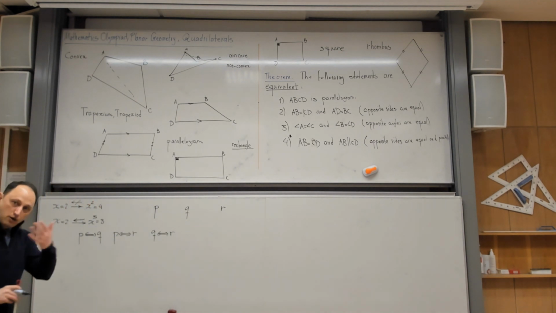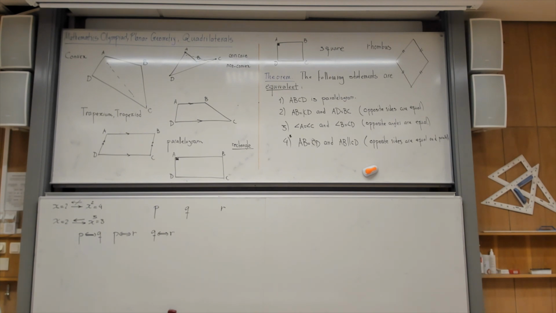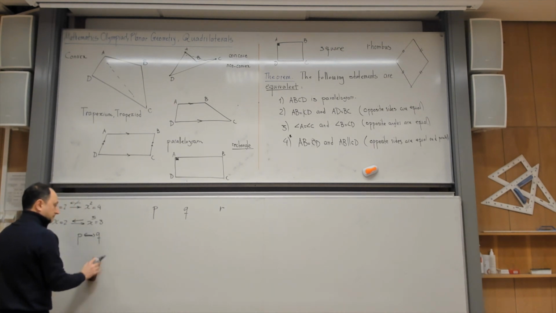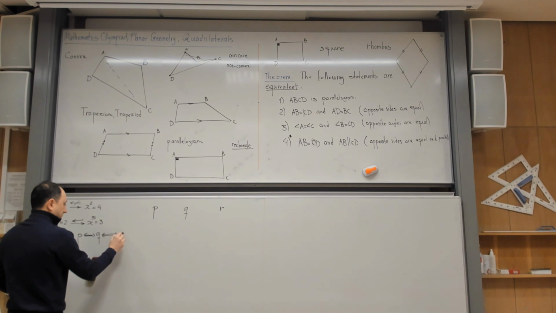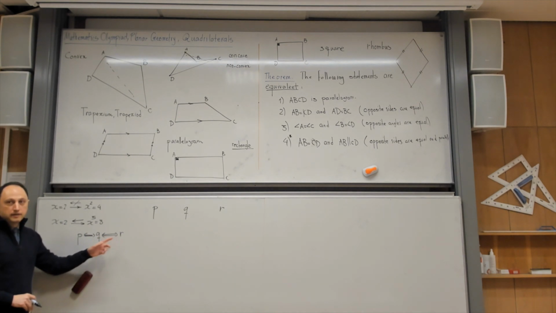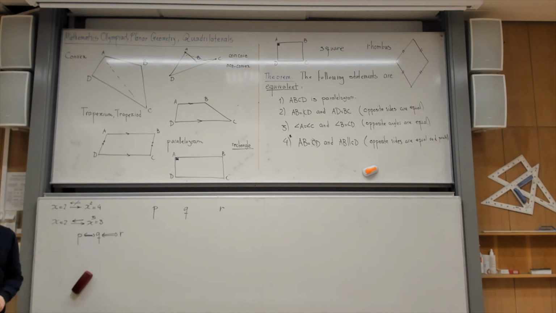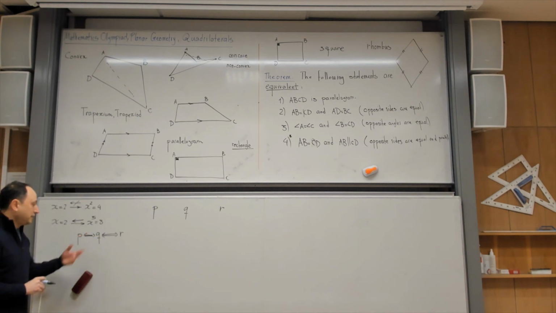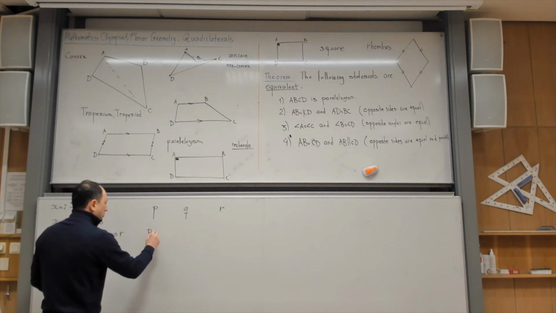But now if we prove that P and Q are equivalent, and that Q and R are equivalent, then from that we can conclude that P and R should also be equivalent. It's like if we had X is equal to Y and Y is equal to Z, then we of course know that X is also equal to Z. So if P is equivalent to Q, and Q is equivalent to R, that's true, yes? But there's also a simpler way. Instead of proving 2 here and 2 there, the number of theorems will be the same. But I would say that we can go from P to Q,